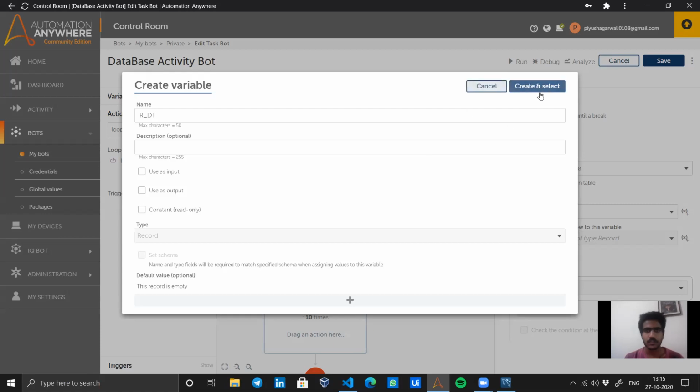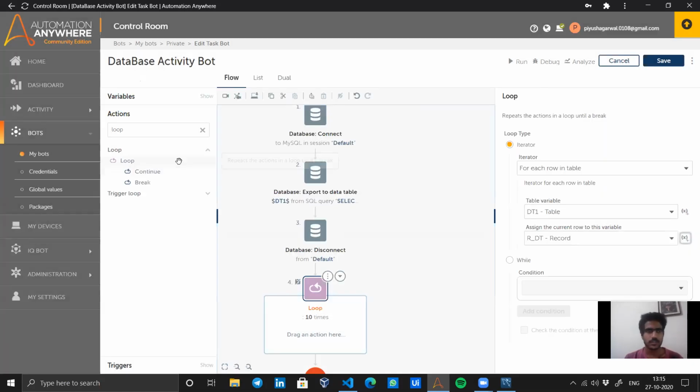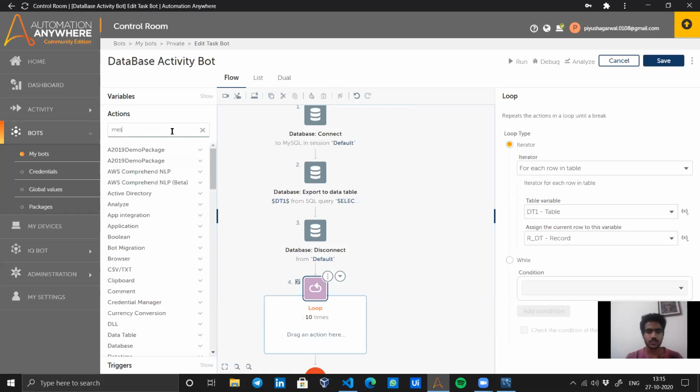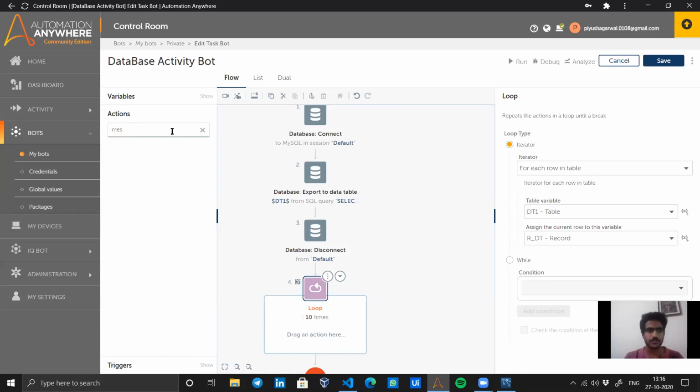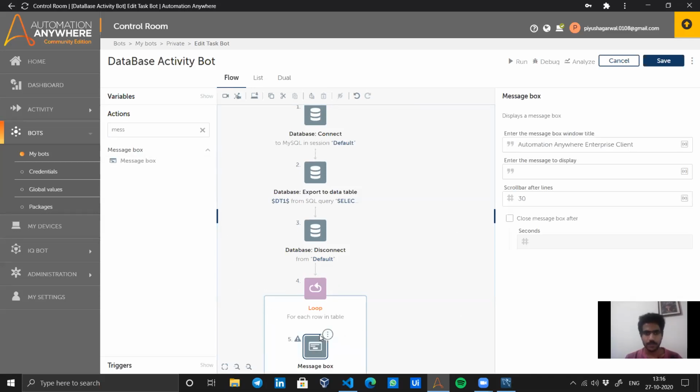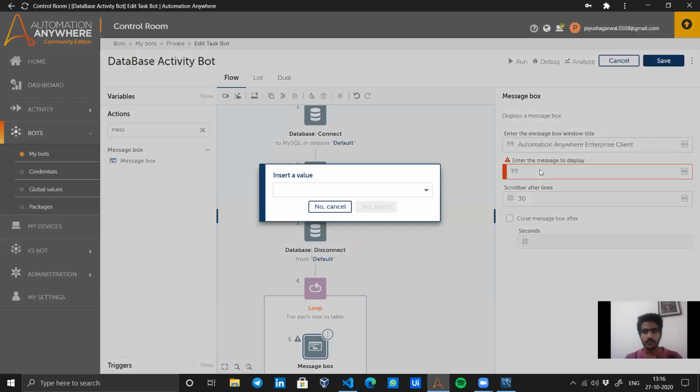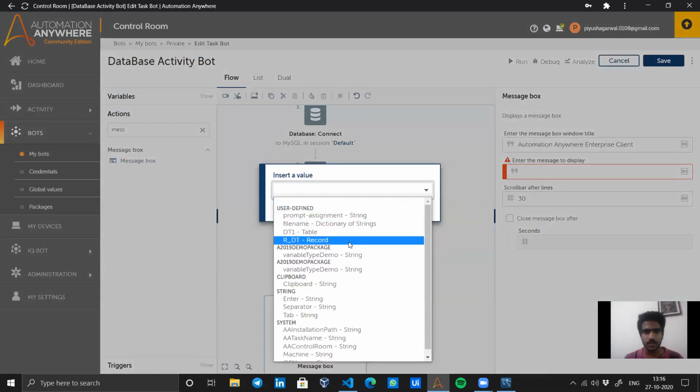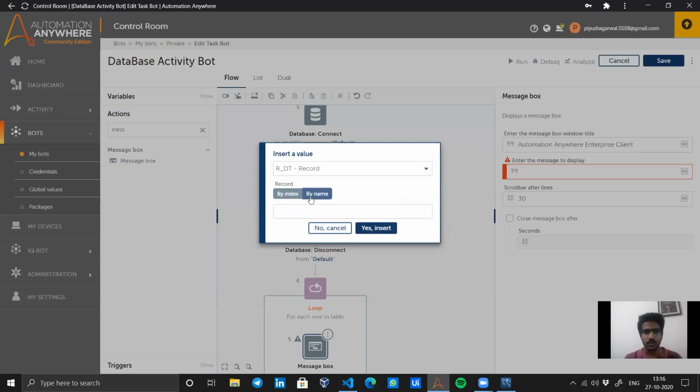Okay, and let's just put a message box over here. Now press F2 to access the variable, this rDT record, and we can get this by index. That would be easier.